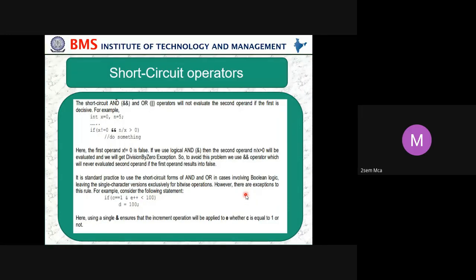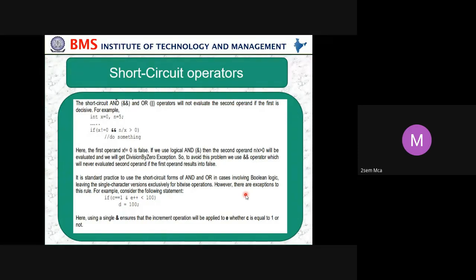So short circuit operators, the short circuit and and or operators will not evaluate the second operand if the first is decisive. For example, int x equals 0, n equals 5, and n divided by 0 would give a wrong value.